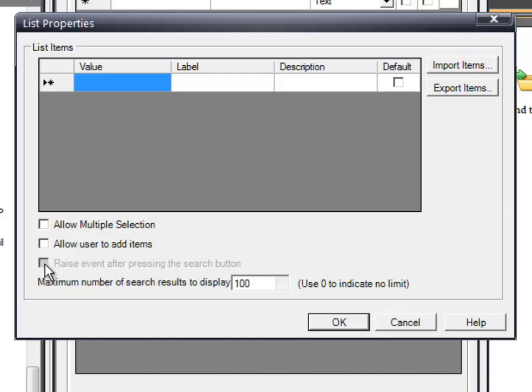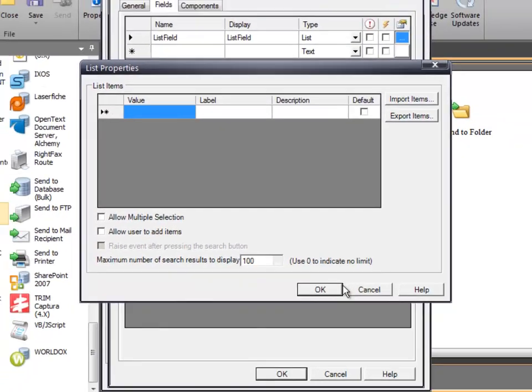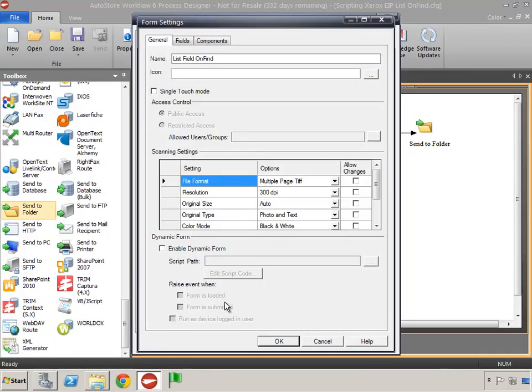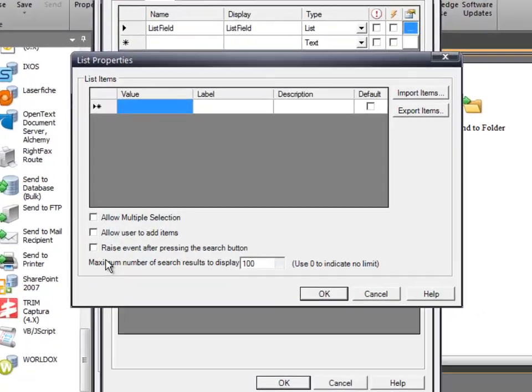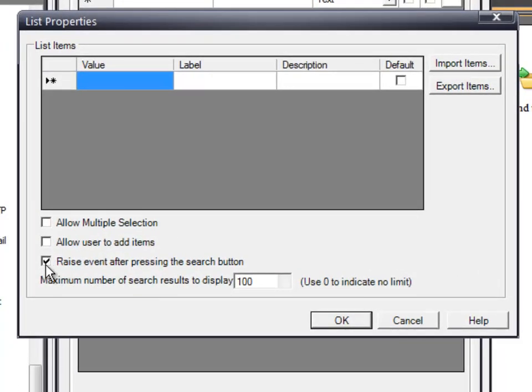And you'll notice that I don't have it enabled here for really one reason, and by the way, we're going to leave that unchecked. That's because when dynamic form is not enabled, then that is an option that is not available to us. So with this checked, if I go back into fields and I come into list properties, you'll notice that now this is available. However, when I have this checked and I try to click OK with nothing loaded in here,